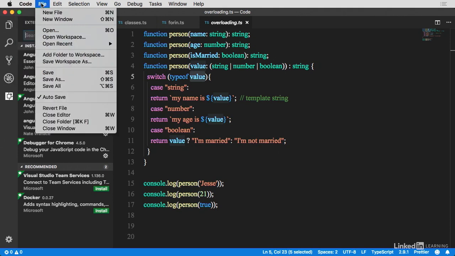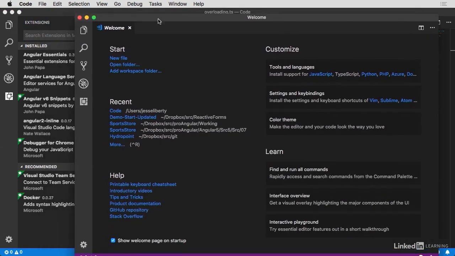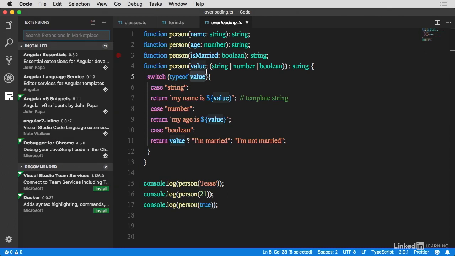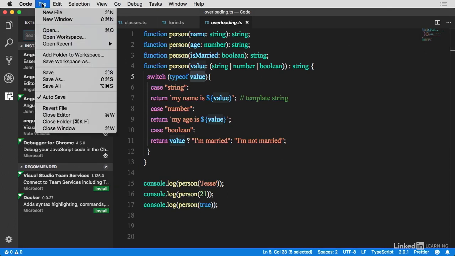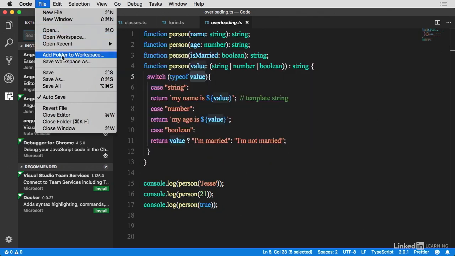Let's go over to File. Here's where we can create a new file with Command N. A new window actually opens up a completely separate window of Visual Studio Code. And here you can have another view on your files or on a completely different set of files. That's not the common way to do it, however. The common way to do that is by splitting your screen, and we're going to take a look at that in just a moment. We can open up a workspace, open up recent files, add a folder to our workspace,